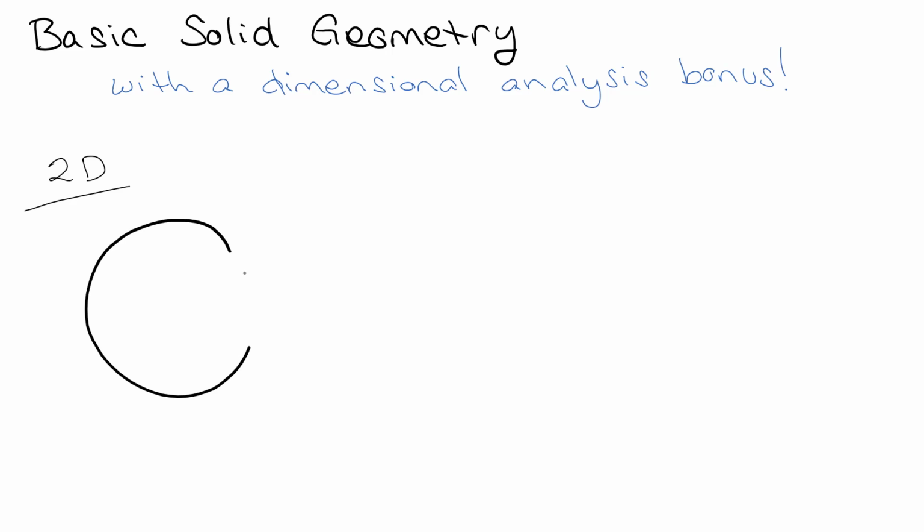So the basic one is just a circle, and the circle has something like radius r. Now, with all of these figures, we're going to have something that looks like, what do you call that? Perimeter? Now, for a circle, we have a special word for perimeter, which we call circumference,